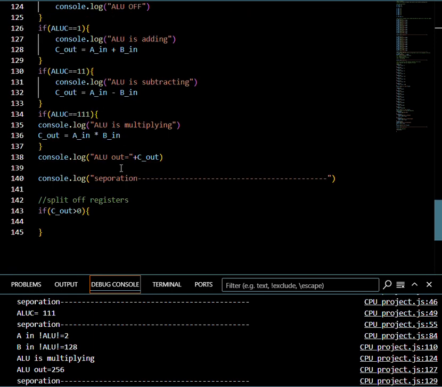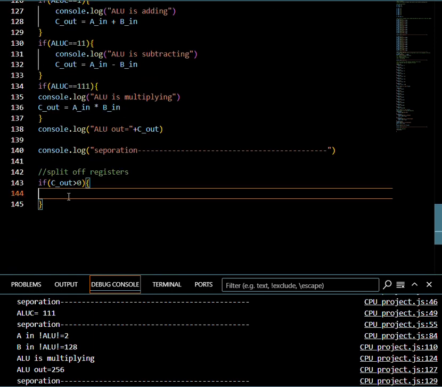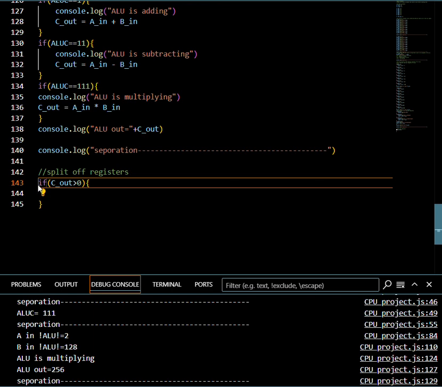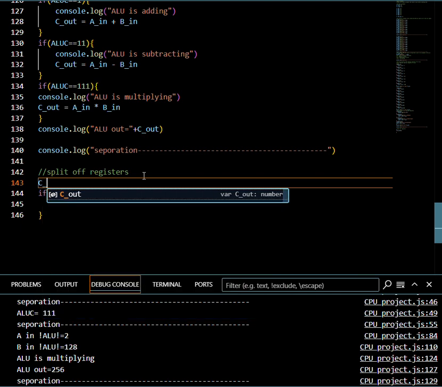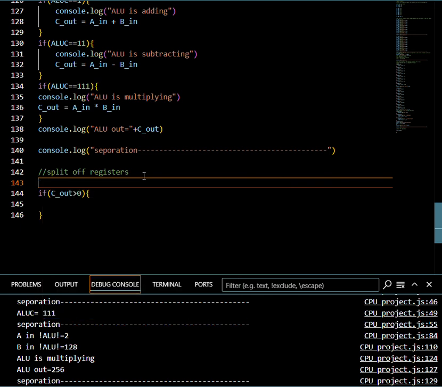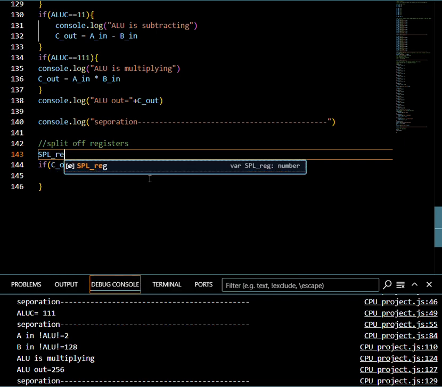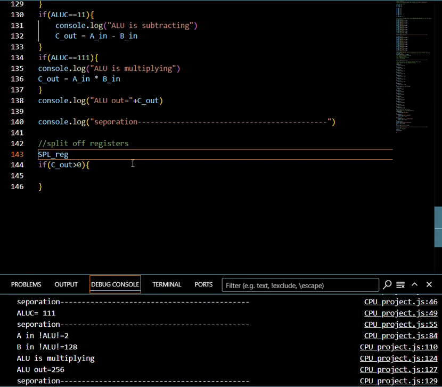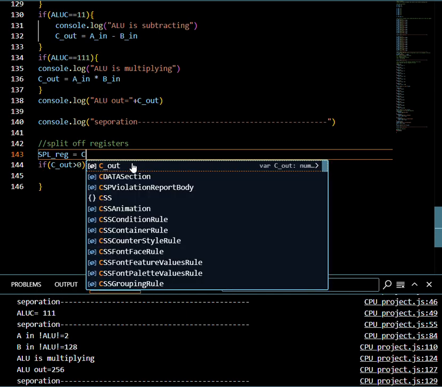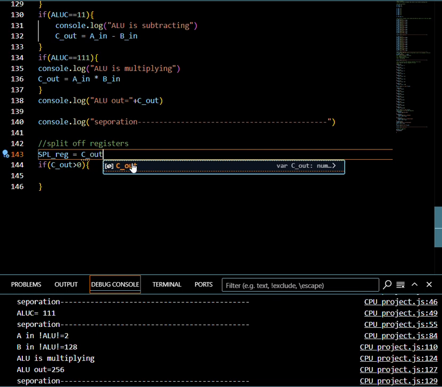And now what we need to do with this is we set SPL_reg equals C_out. And what this does